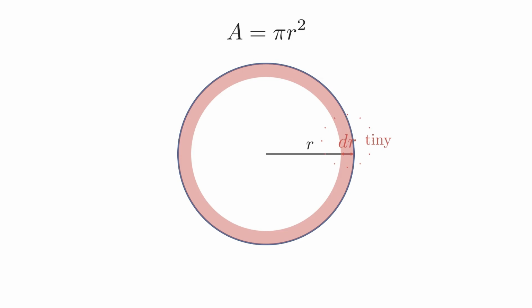Notice that we're not filling in the whole circle again. We're only adding a very thin ring around the outside. This ring is so thin that it almost looks like a rectangle wrapped around the circle. If we carefully unwrap that thin ring, it becomes approximately a rectangle. What's the length of this rectangle? It's the same as the distance around the circle,